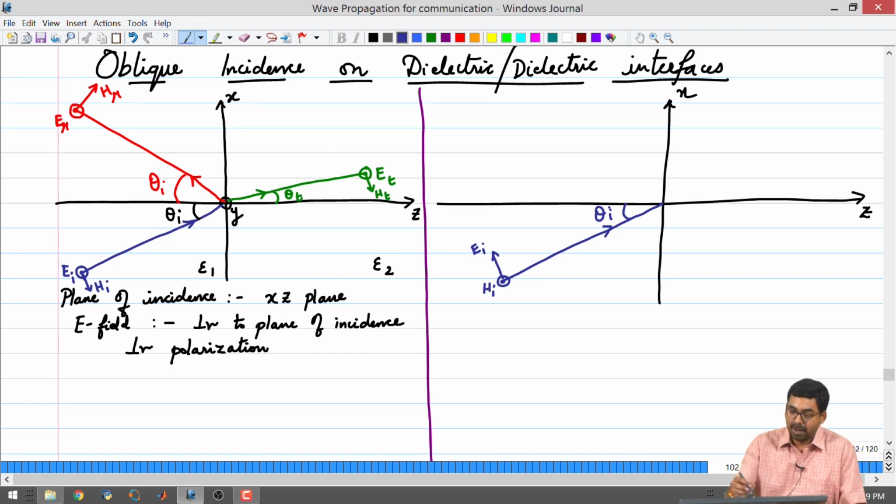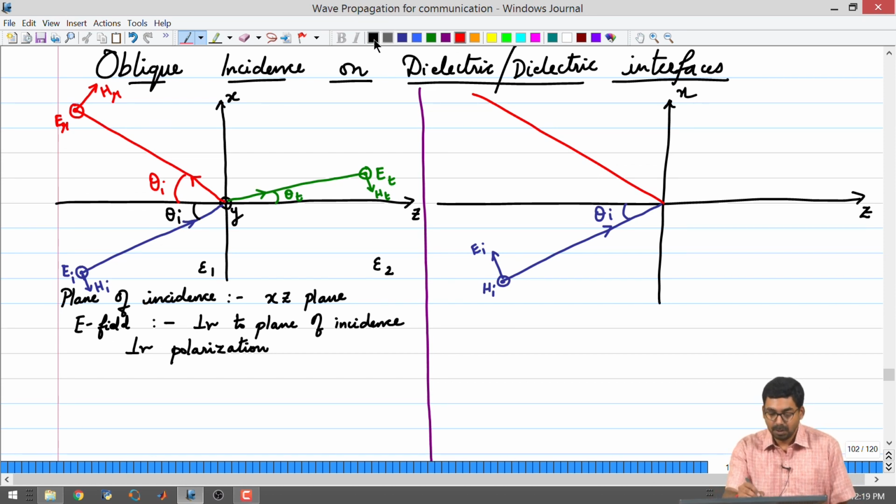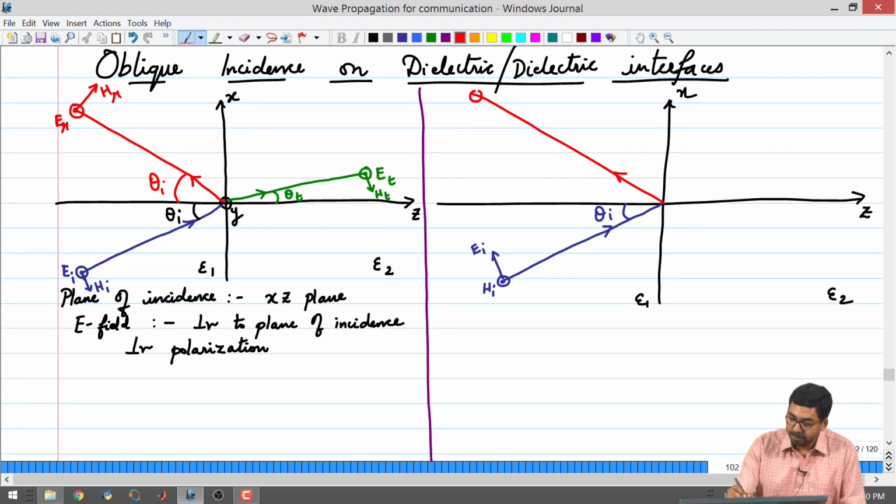Now, again we can have a reflected and a transmitted wave. So, I will also mark epsilon 1, epsilon 2. I am having the ray going out like this, and the assumption we are making is the magnetic field does not flip its direction at all. So, you mark the magnetic field in the exact same way. So, this is going to be your H R. If this is your H R, the direction of the thumb will point to the direction of propagation and your magnetic field is going to look outwards. So, that means that your electric field is going to flip its direction. So, now it is going to point something like this.